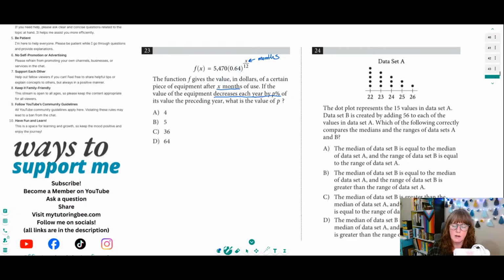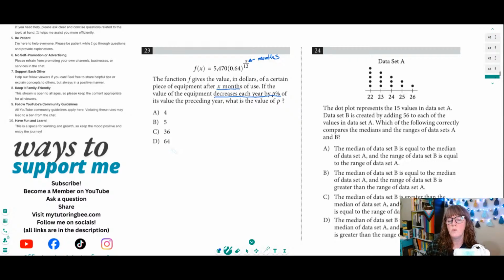Okay, so in growth and decay formulas, whatever is inside our parentheses here will represent how much whatever it is that we're counting grows, in which case it'll be a number higher than 1, or how much it decays. So it'll be a number lower than 1. This 0.64 represents that 64% of whatever it is that we're counting is what will remain the next year, right? So we're talking about year after year. I know that we've got x divided by 12, so that gives us month after month in this case.